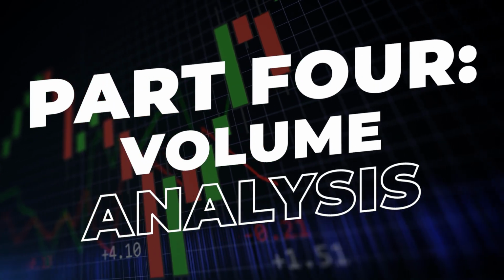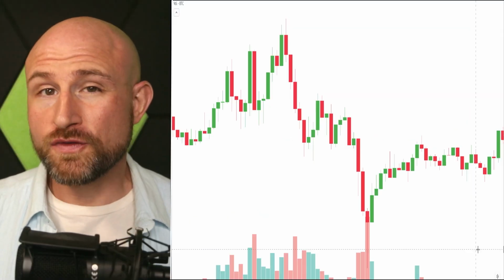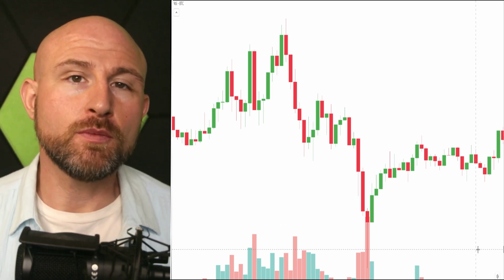Part 4. Volume Analysis. A discussion of candlestick patterns wouldn't be complete without talking about volume. Volume should play a significant role in your analysis, as it strengthens or weakens the signals that candlesticks, indicators, or fundamentals will give you. Simply put, large volume equals a stronger signal and a larger resulting move, and weak volume equals a weaker signal. Regardless of what pattern you see, if traders aren't putting any conviction or size into it, then the market is not likely to move the way the pattern suggests, and even if it does, not with